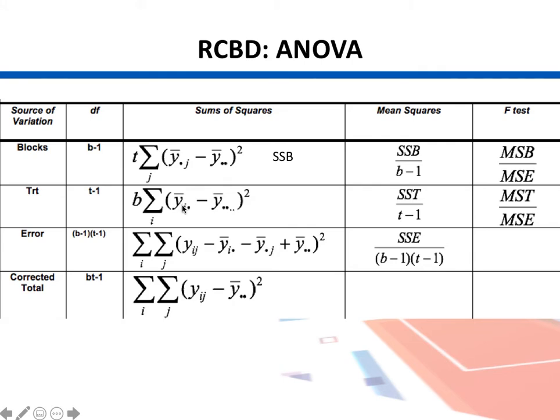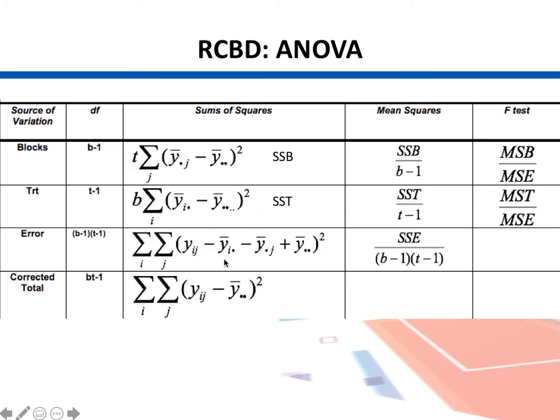And over here the change is that y bar i represents i can be the first treatment, second and third, whatever the number of treatments we have. And this dot represents that this average is calculated across all blocks for treatment number 1 and then 2 and 3, and then obviously the deviation of this term from the grand mean, and we square that and sum them up and then multiply with b. So that gives us the sum of squares for the treatment.